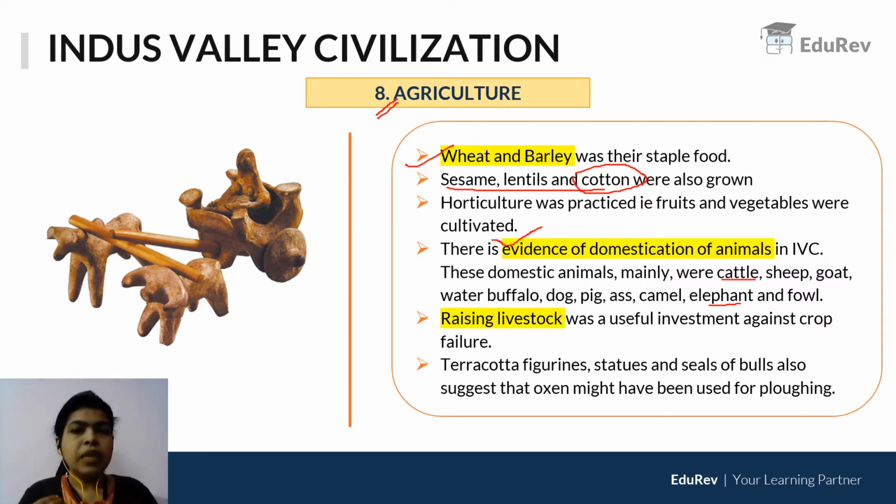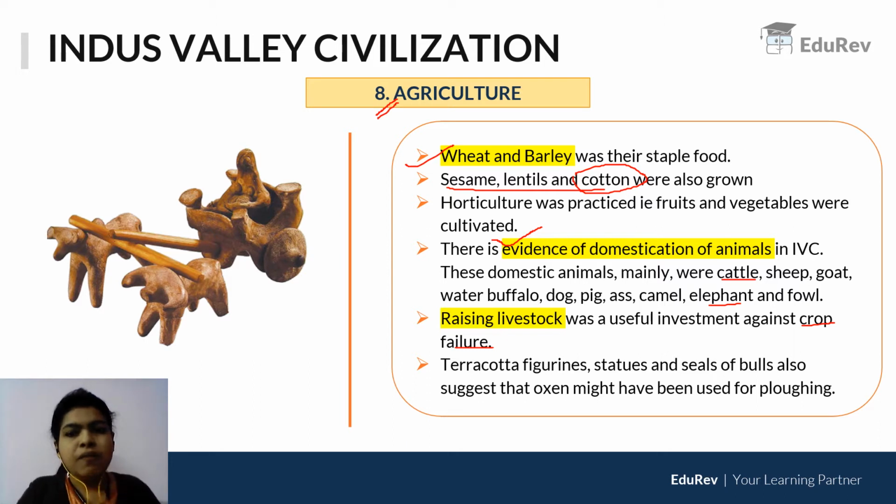That is why, when you take many of the cosmetics used by the women, ivory was a very important byproduct. They made some of the face paints using ivory. They had hair clips that were made out of ivory. Combs of the women were made out of ivory, suggesting that ivory was actually properly sourced from an animal. And raising livestock was thought to be a useful investment against crop failure. So that is why